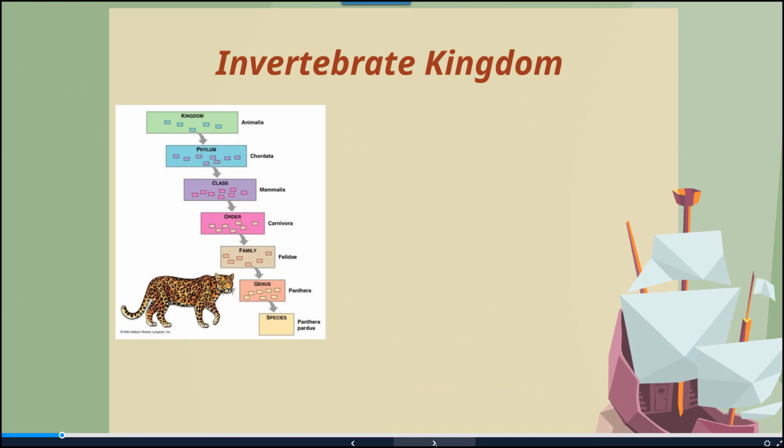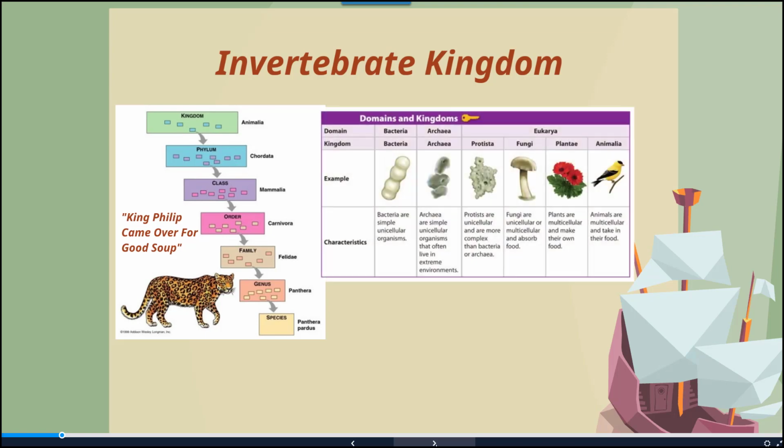Invertebrates, if we take a look at the phylogenetic order, oftentimes, by the way, in order to remember how this goes, you can use the phrase King Philip came over for good soup to see how they are classified or organized within the grouping of organisms. So they fall within the domain of Eukarya and within the kingdom of Animalia.